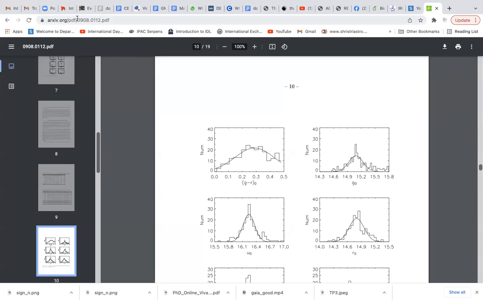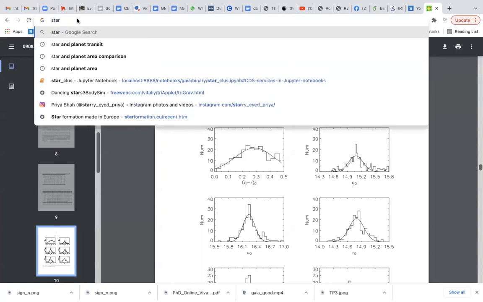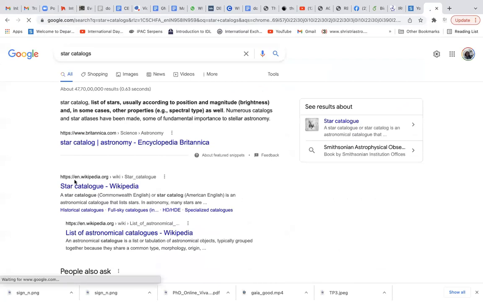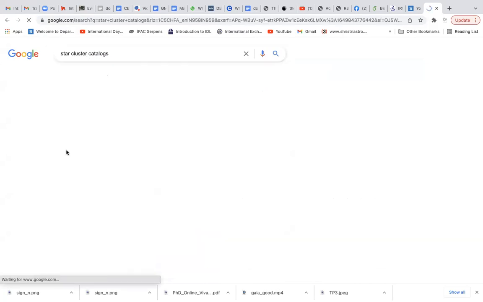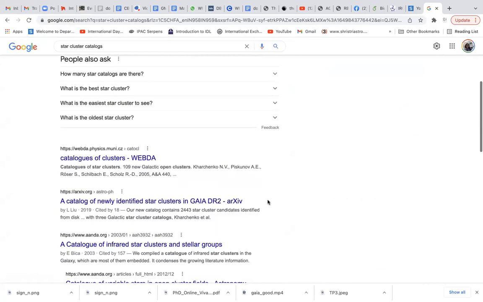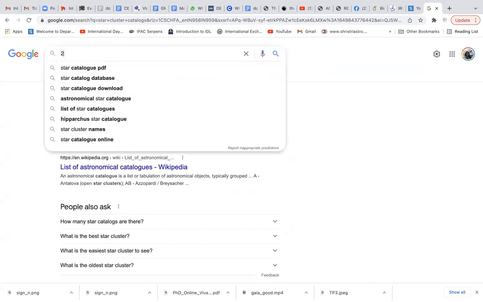You can find a lot of data sources. For example, if you look at star catalogs or star cluster catalogs, specifically for star clusters, you can find a lot of data for stars. Let me show you. If you want to study in the infrared,